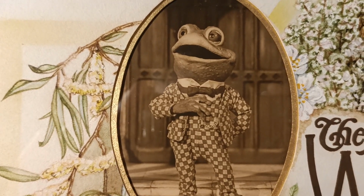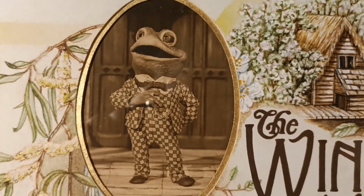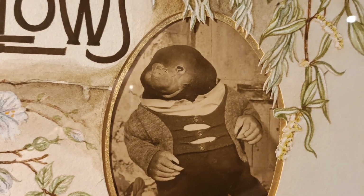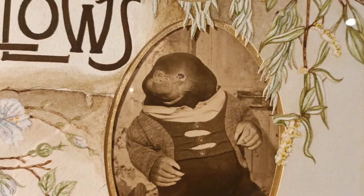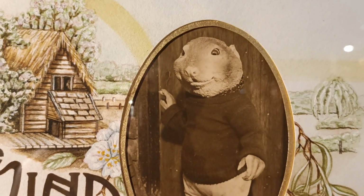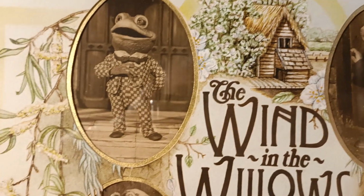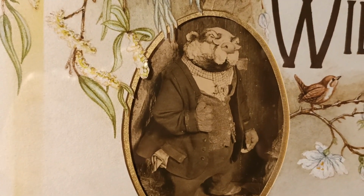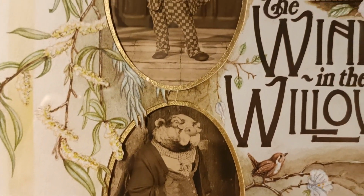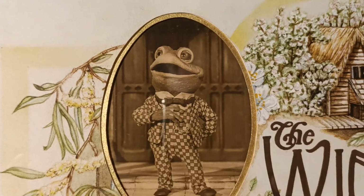Many years ago I was able to get a print of this illustration directly from, at the time, the copyright holders of Wind in the Willows, which was Pearson TV. And they sent me a lovely digital image of it, but with different poses, different photos of the characters. And that's the version we see quite often at the back of all the VHS videos that they re-released in the 90s. It did have this image on the back, but with different poses for the puppets. I always longed for even just a print of this with these poses, because to me, they're just so iconic. They're the ones that we